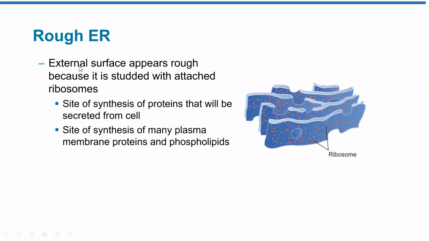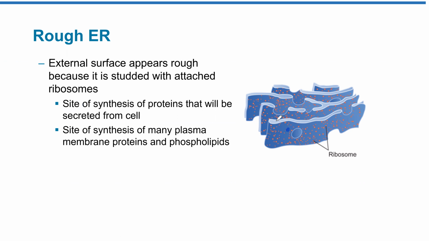Rough ER. The external surface appears rough because it is studded with attached ribosomes. So why do we call it rough ER? Because we have these ribosomes attached and it has this rough appearance. Now the function is synthesis of proteins that will be secreted from a cell. Well, ribosomes synthesize proteins. Rough ER is a site of synthesis. Right? So when